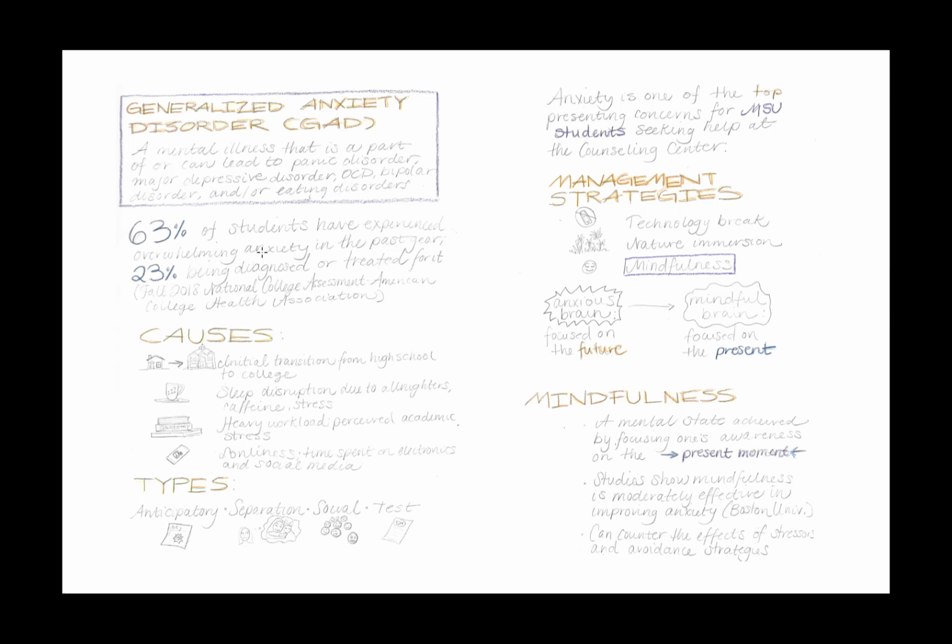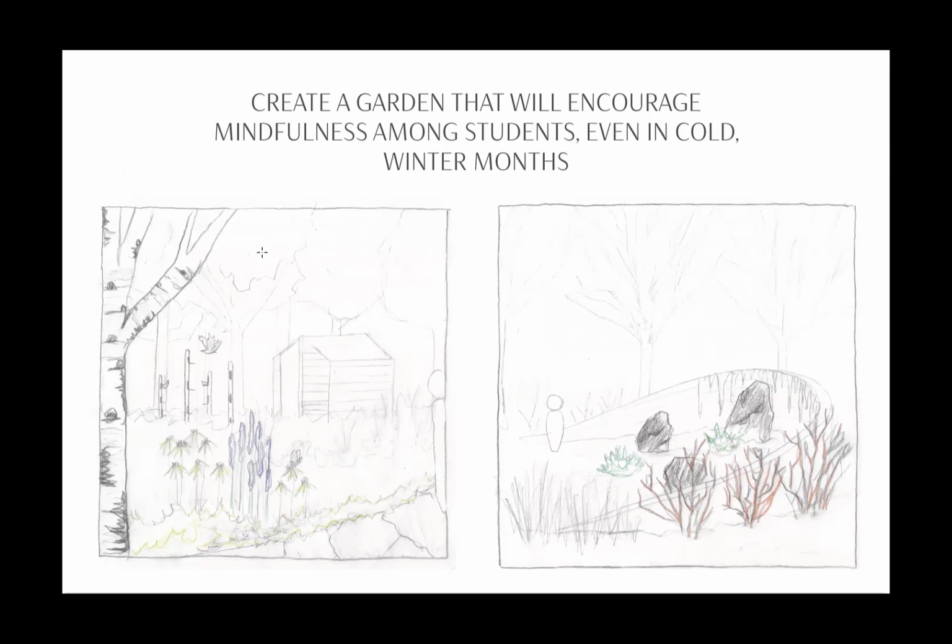And one interesting management strategy for anxiety is mindfulness, which is a neutral state of mind achieved by focusing on the present moment. And it is said that even just several minutes of practicing mindfulness can really make a difference in reducing stress levels. So I decided to explore the idea of creating a garden that would encourage mindfulness among